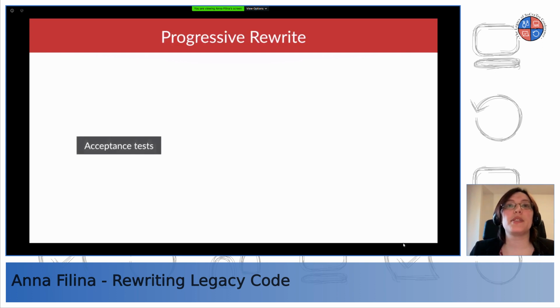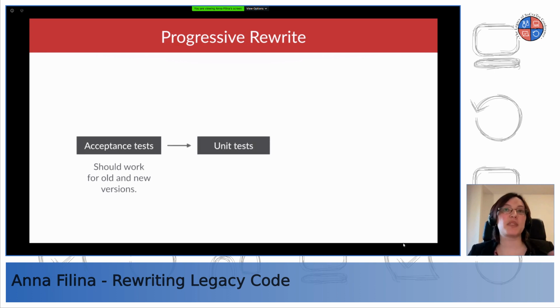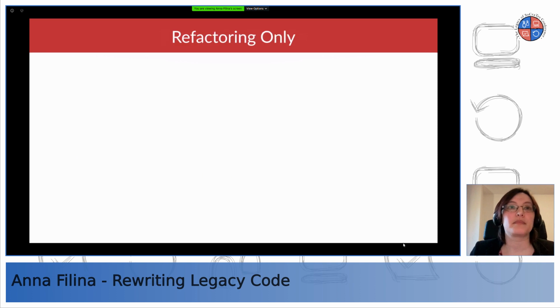Then for progressive rewrites, because we are starting with a new design, I approach all of those new endpoints as basically a greenfield project. So I would write acceptance tests, which should work on both versions. Then I write unit tests. Acceptance tests are like Behat, for example: you hit an endpoint and make sure that given that request, it produces the desired response. Unit tests for any new code, of course, or code that you have heavily modified, and then you write your new code. You don't have to write all the unit tests up front, of course.